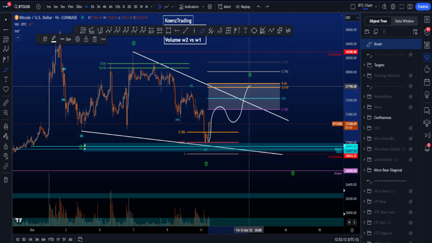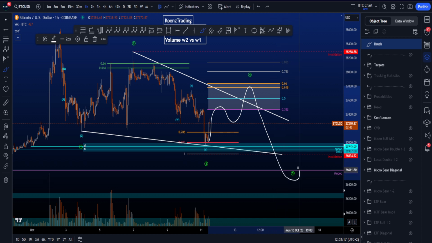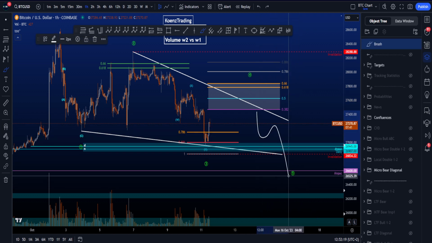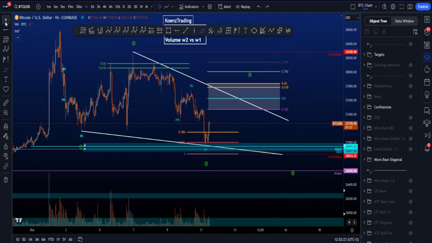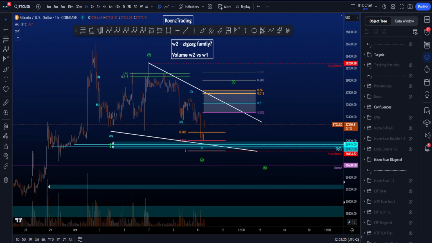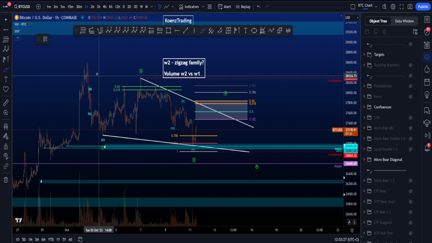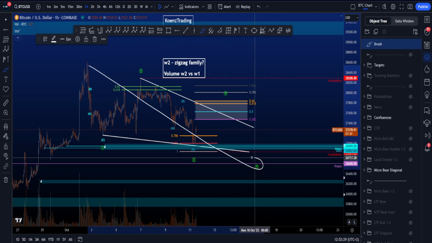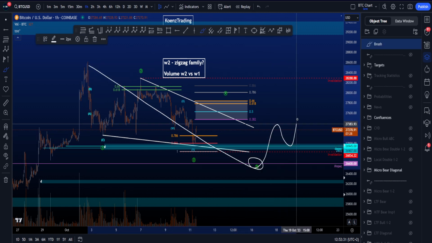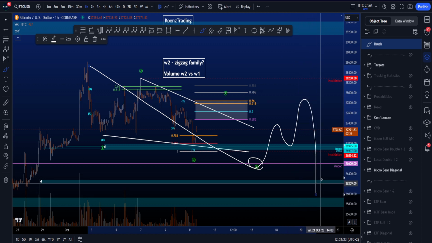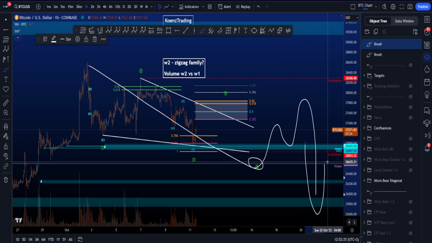So you get a zigzag or whatever in a wave 4, a double zigzag. Then you get a move towards the downside for a wave 5, which then also is a zigzag, hitting the monthly naked point of control, acting as support, and then you get a reversal back towards the upside. Now, as this is a leading diagonal, you're then looking for this to be a wave 1, then a corrective structure in a wave 2, and then you look for a much bigger wave 3 to the downside,